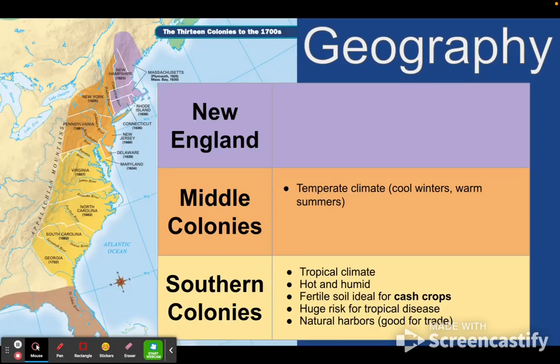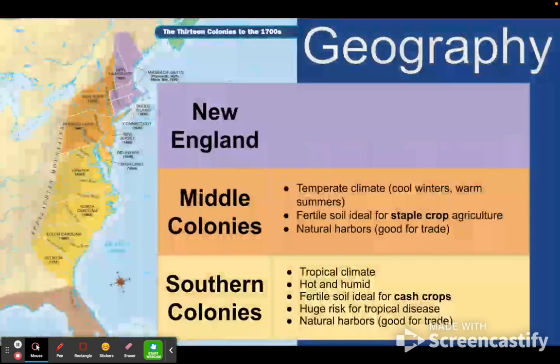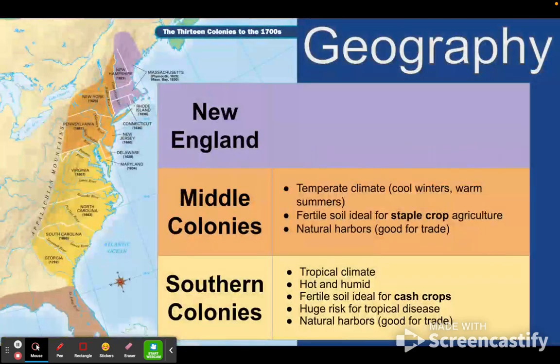Now let's move to the middle colonies. The middle colonies are the colonies of Pennsylvania, New York, New Jersey. And these colonies have a very different climate. It is more of a temperate climate. We live in a temperate climate, not as hot as the southern climate. The temperate climate has cool winters and warm summers. It's more moderate,